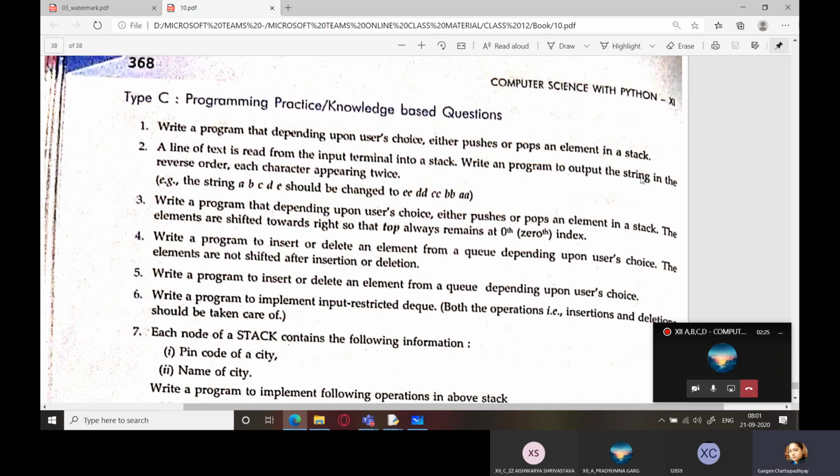Write a program to output the string in the reverse order, each character appearing twice. So you have a line of text which is read from the input terminal. So suppose the example is the string ABCDE should be changed to, which means not only the elements should be popped in the reverse order, but they should also be repeated.